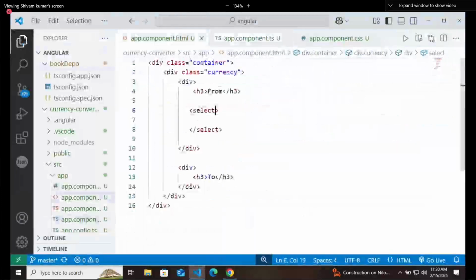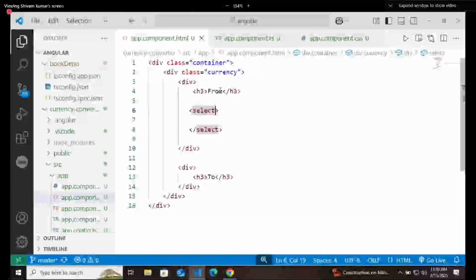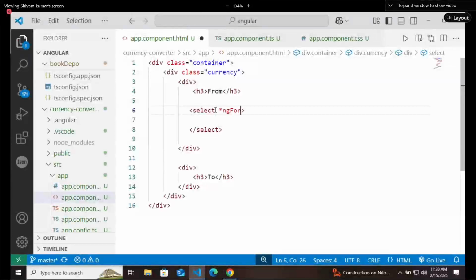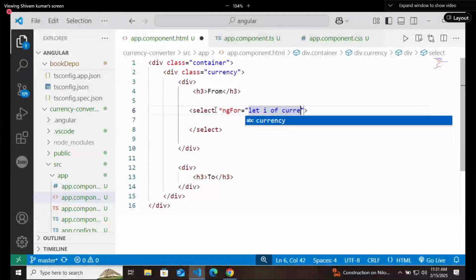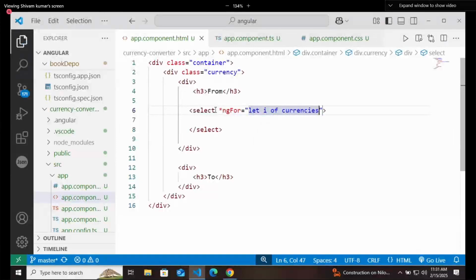Go to the select box again. Yes, of course, we are going to discuss RxJS. In the select box, I will write ngFor equals let i of currencies.